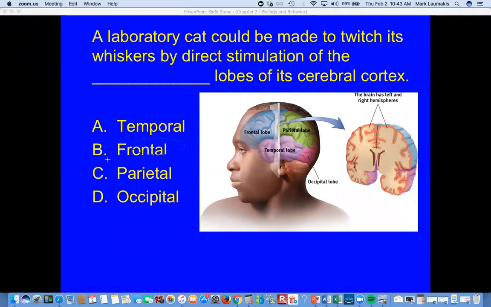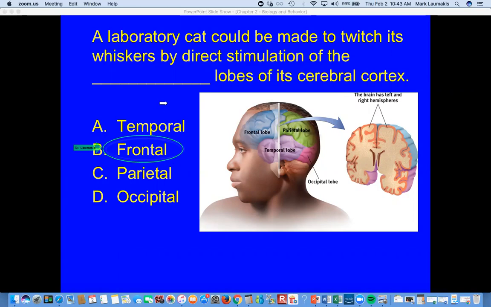Frontal lobe, because the frontal lobe, oh, that's good. I do blue on blue. That'll be really very visible. Let's try again. How about green, or light green here on blue? There you go. Frontal lobe. This is what happens in the last 5 minutes. I just lose brain power.